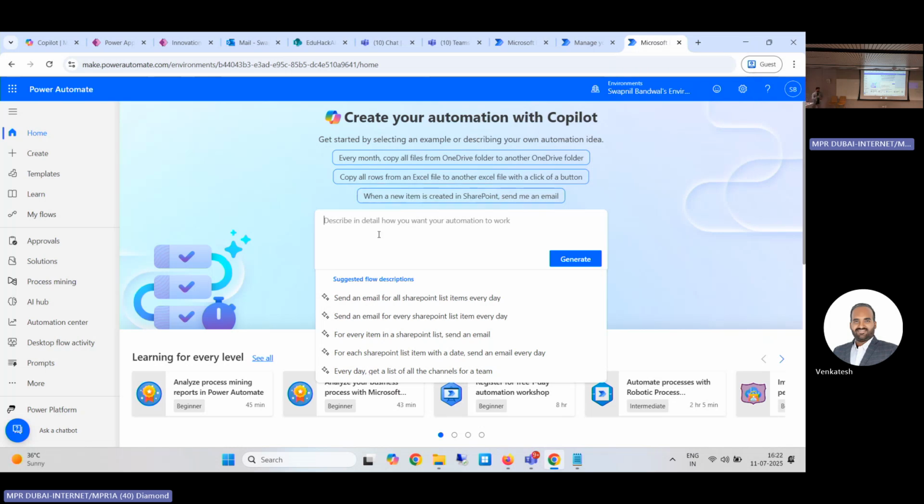So let's say a very basic example to start with, to get pumped up for this workflow and Copilot. You are a team lead and you want to send good morning greetings every day at 8 a.m. to your 50 members team in a Teams channel. So how can we quickly build this automation? Let's see. The prompt would be something like